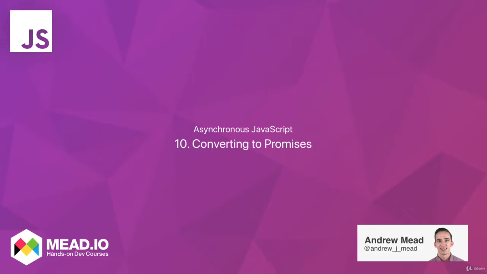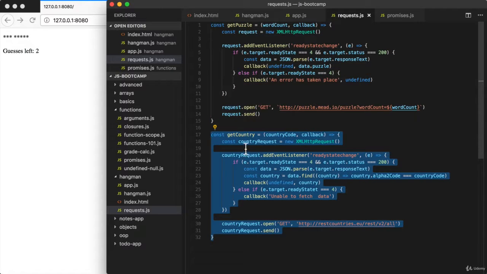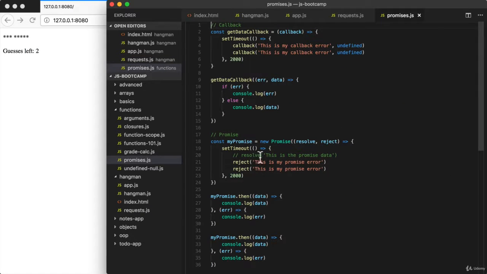In this video, we're going to be integrating promises into the requests.js file. We're going to convert getPuzzle and getCountry from using the callback pattern to using the promises pattern. Now there's one more small tweak I want to make to our example over in promises.js. This is going to be the last piece to the puzzle for figuring out how we're going to get that